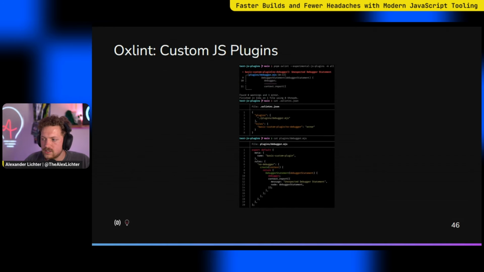And I just mentioned the custom JS plugins. Don't worry about the code here exactly. This is also shared on socials. But the idea is that you can write your custom JavaScript plugin in JavaScript, obviously. So extend the tool even though it's written in Rust. And either take an ESLint plugin that exists or just write your own. We also have an alternative API that makes things a bit faster, but you don't have to use it. It's up to you. And eventually they can run in Oxidation. So that's a big step compared to the previous iterations, where we make sure that you can actually extend all the tools we build with plugins. And this is just the beginning, as usual.